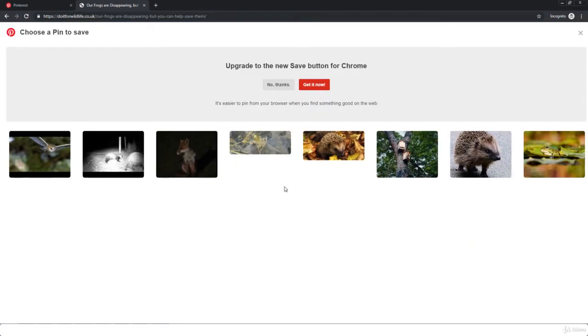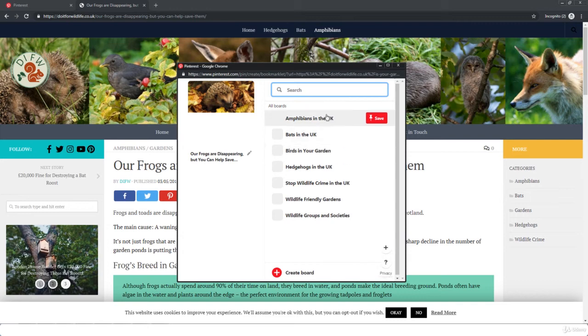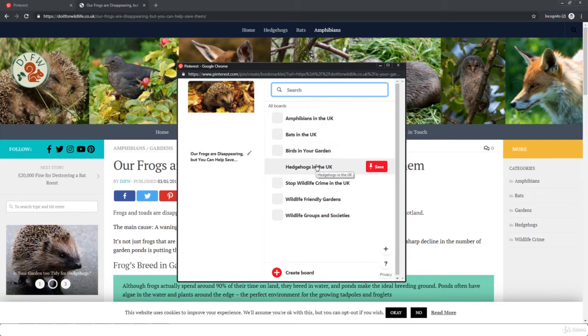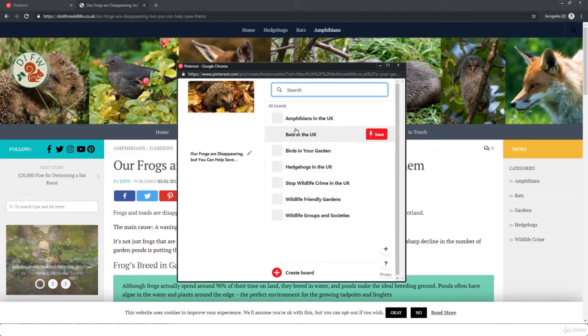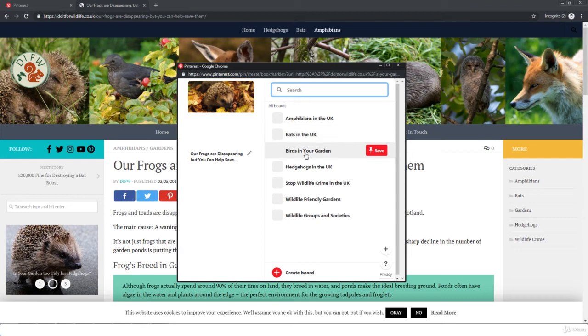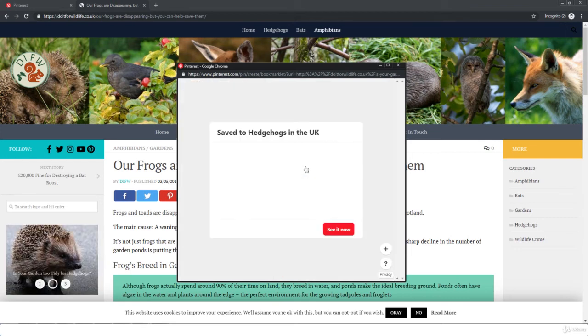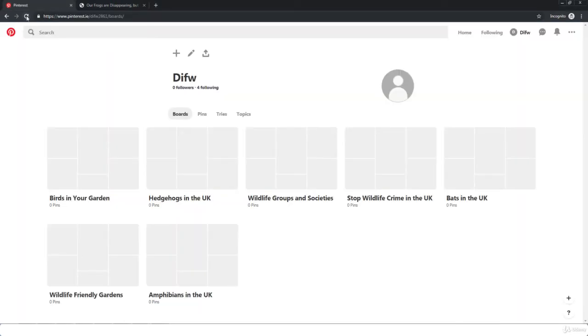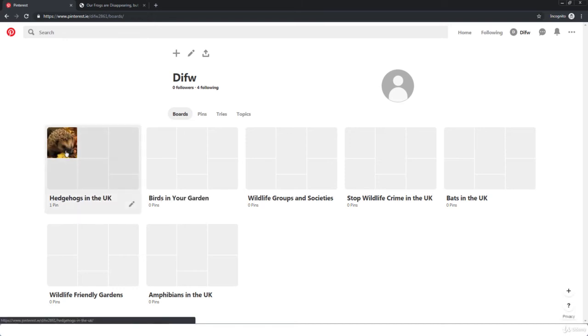Choose a pin to save. Now choose the board. As long as you're logged into your Pinterest account, you won't have to re-log in. You just click the Pinterest button here on your post, and this is the board. Let's go ahead and refresh, and there we go. We have our first pin. Now this pin,